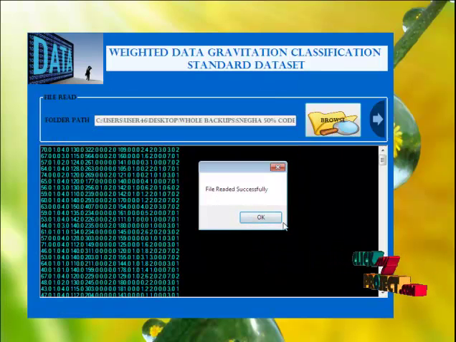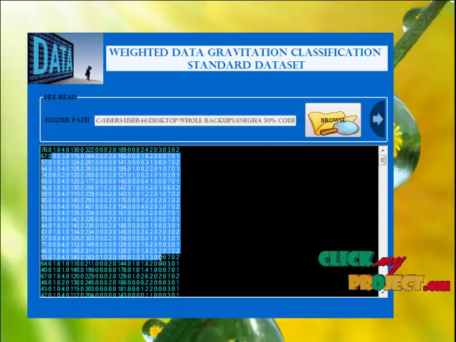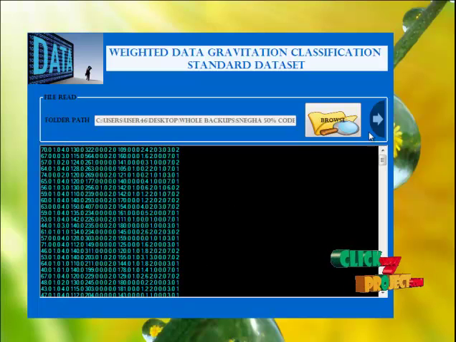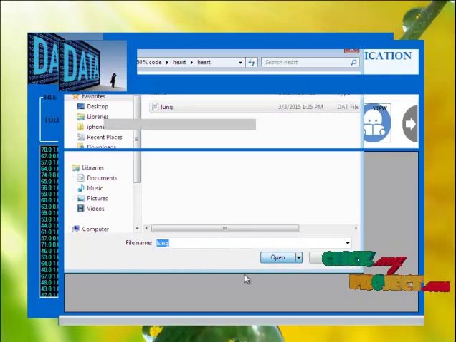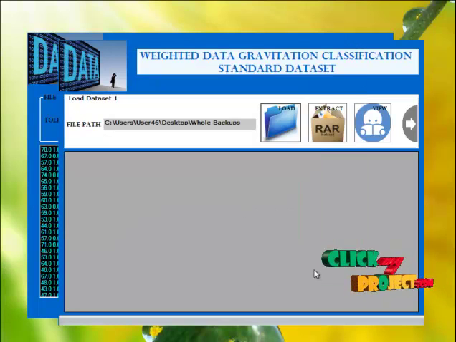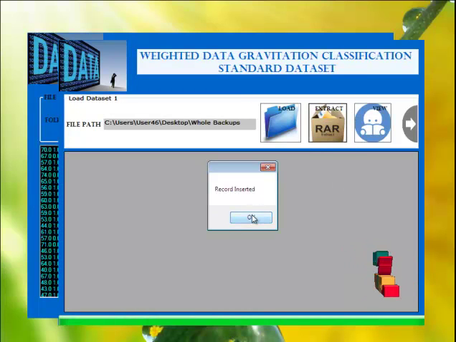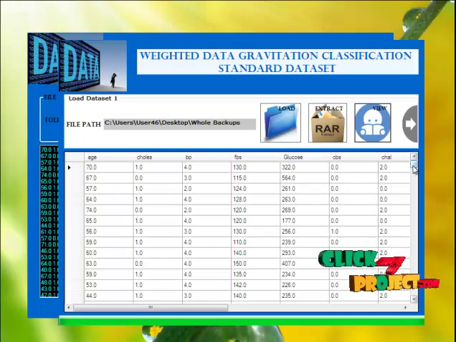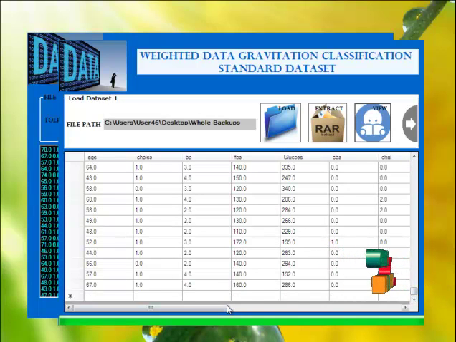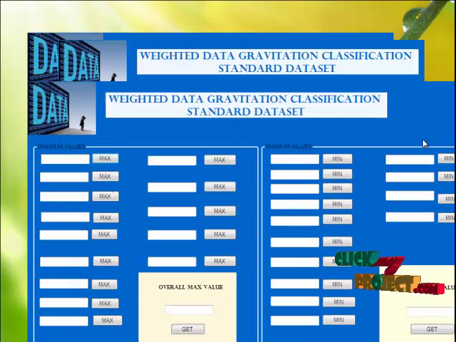File read successfully. This is your lung dataset attributes and the values. Go to the next button. Load the same lung dataset and extract the data. Click the view button to see the dataset values. Go to the next button.